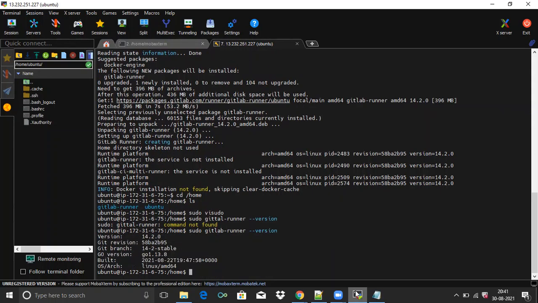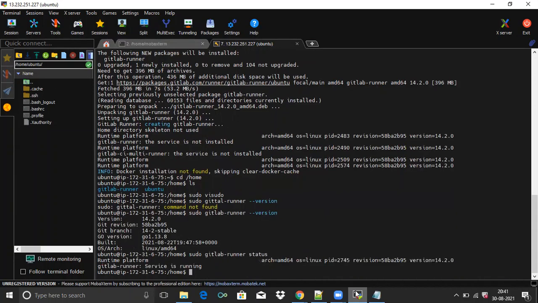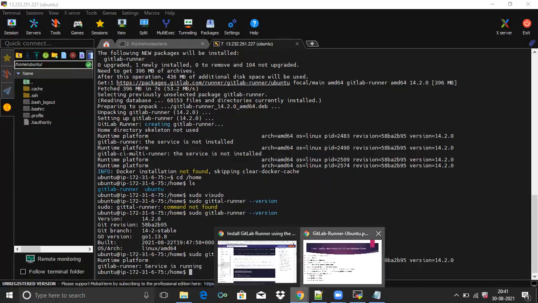You can see the details of GitLab Runner. Now let's check the status: sudo gitlab-runner status. You can see the message, service is running. Now go to the next point.